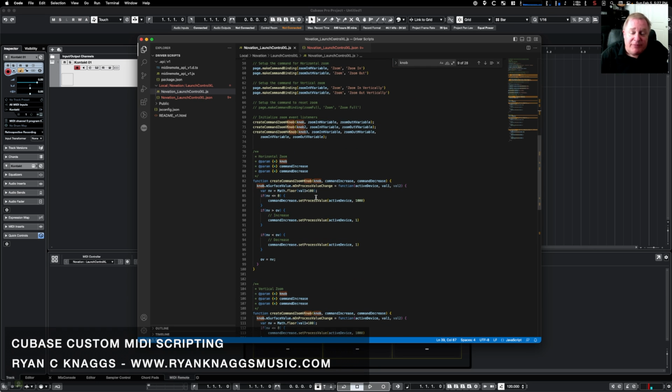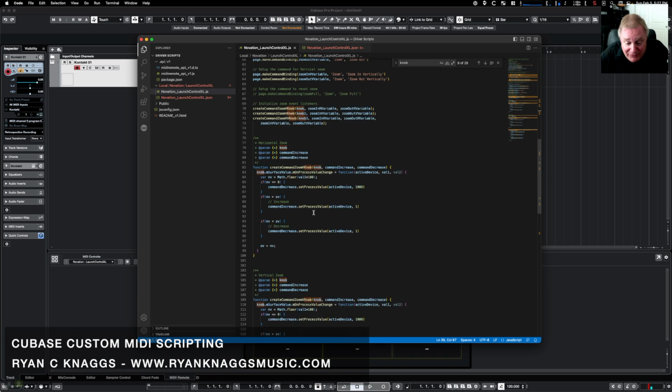Now in JavaScript they have what they call event listeners. Event listeners for mouse clicks and doing things within JavaScript. It's also an event listener for MIDI, CC, knobs, faders, buttons, you name it. It listens to that stuff too, and it reacts to it. Now, in my program,